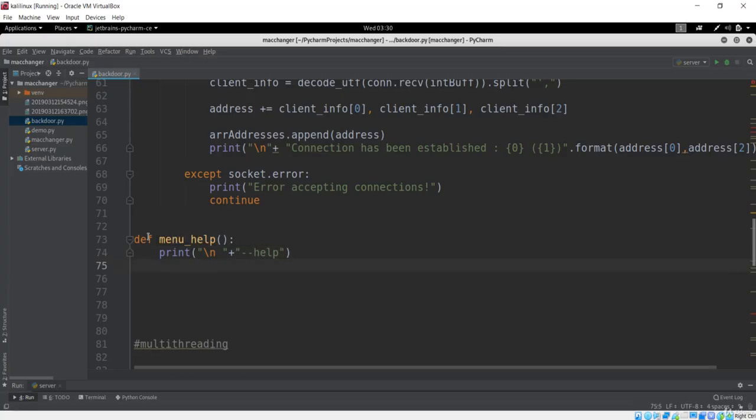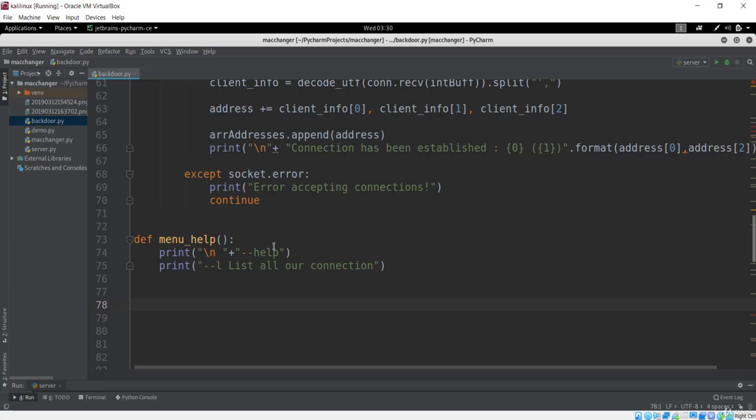Basically, you can see this will give the help for the users. The first command we want to give the user will be this yell command. This will list all our connections. So this will be the command to list all our connections. First of all, we won't interact with the connections yet; we have to list all the connections connected to the server. So first, we'll just give this menu help.